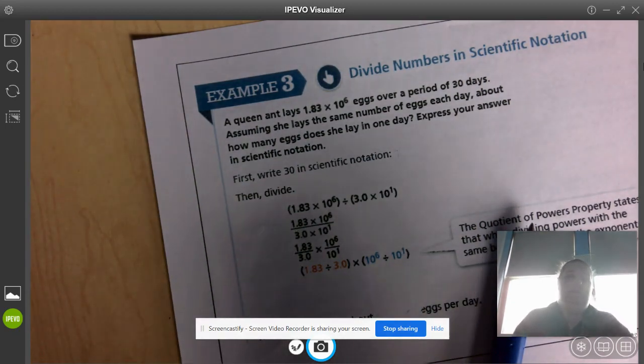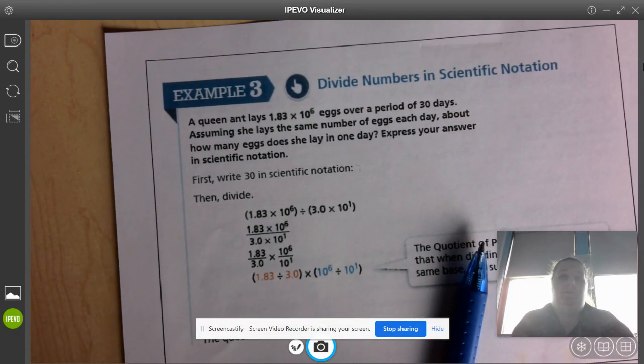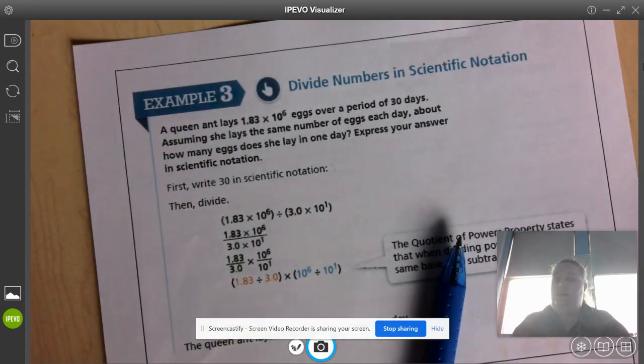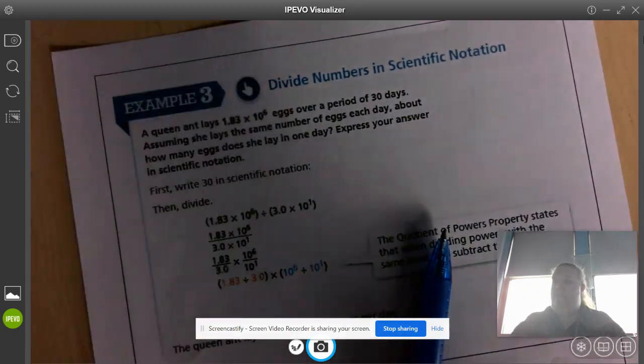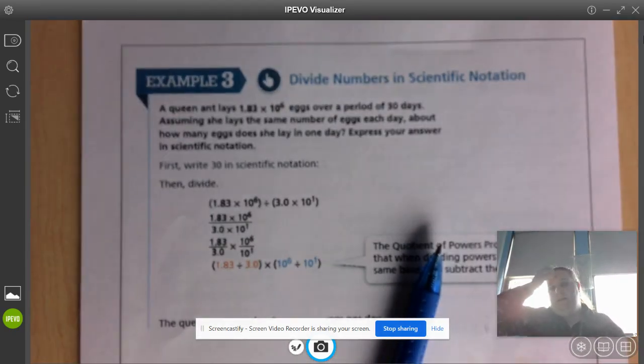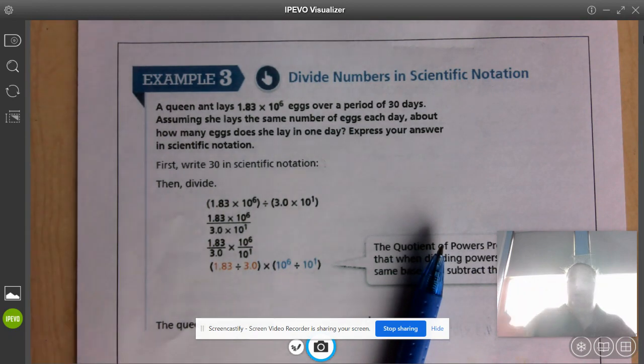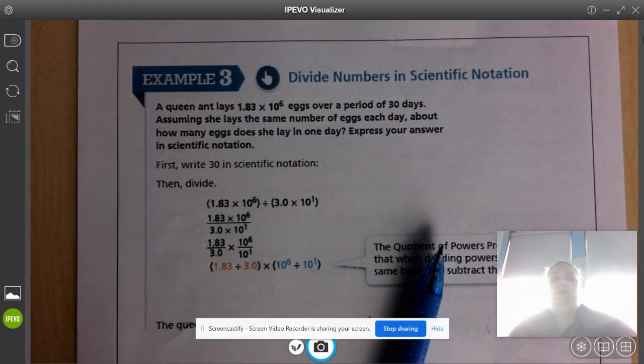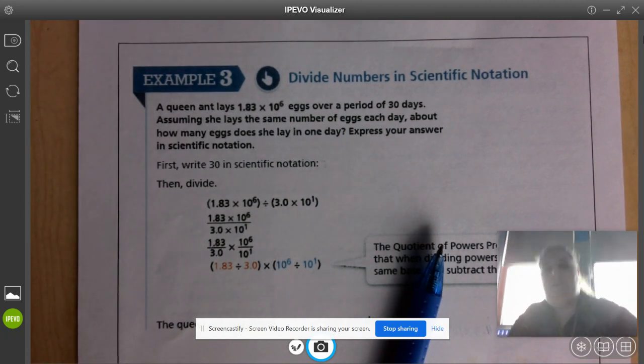notation. These notes are from the same sheet we used yesterday or the day before or last week, whenever we had this lesson on multiplying scientific notation. So if you still have a copy of those notes, you can take that out, or there is a copy attached. Okay. So we're going to go ahead and go through this lesson, dividing numbers